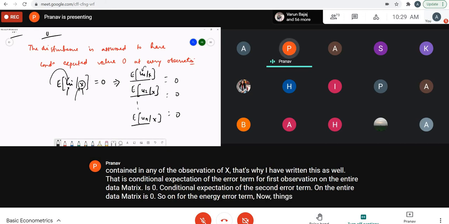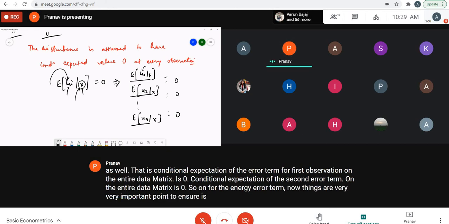Now, there is a very, very important point over here, that apart from